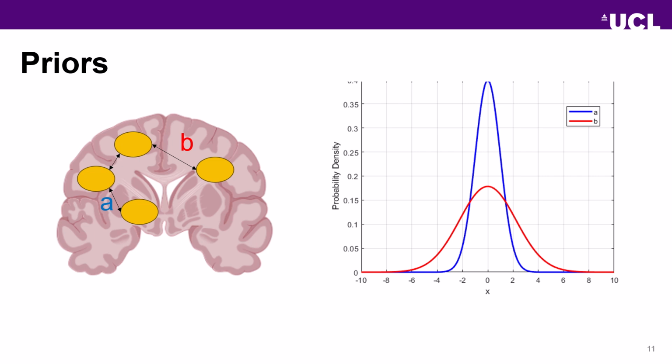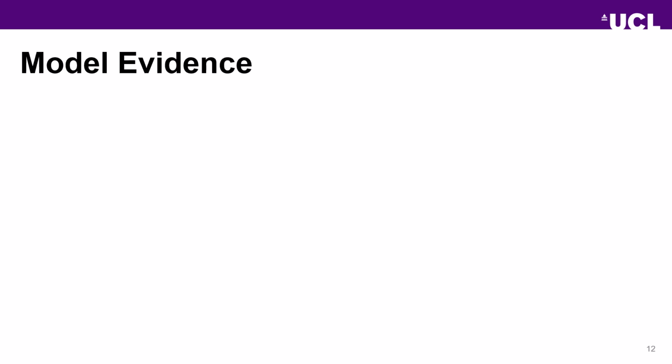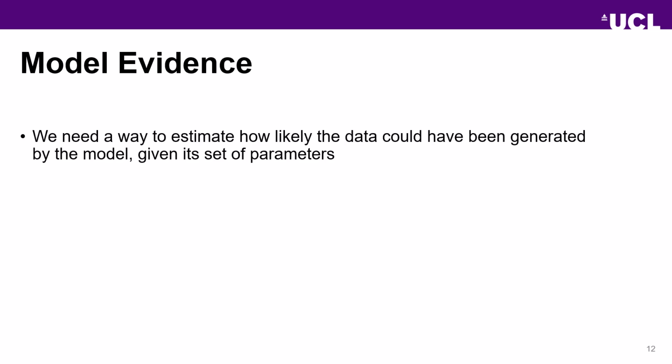And that becomes more difficult for the model to solve, and you get a much wider range of outputs. This is also known as a strong prior and a weak prior in our model. So if we have our model and we've set our priors, we do need a way to evaluate it. And this is called the model evidence. It is defined by how likely the data could have been generated by the model, given its set of parameters and data. So this is defined like this, where y is our data and theta is our parameters.